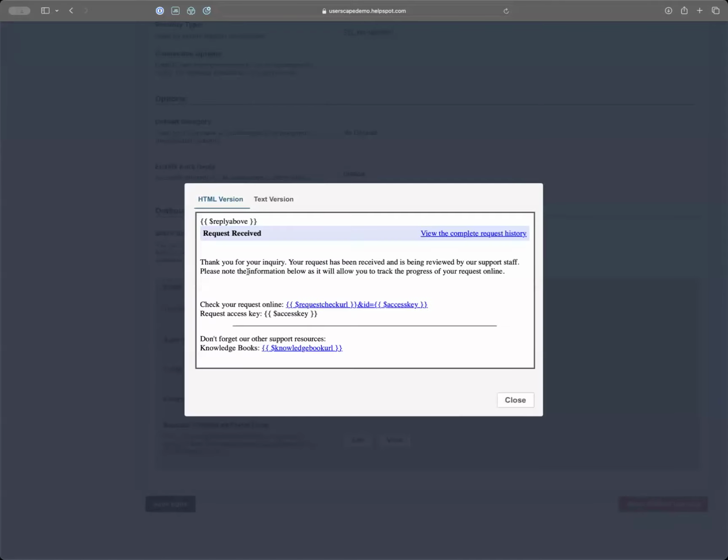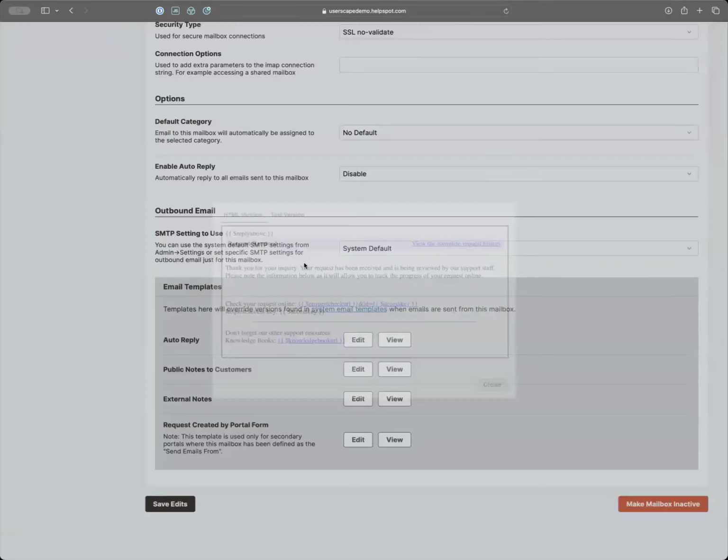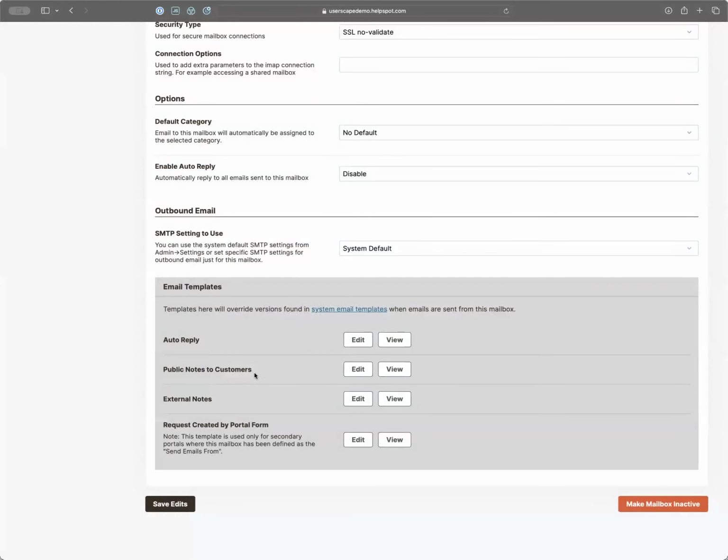I'm going to go ahead and view this so you can see. This kind of template probably looks pretty familiar to everybody. But maybe you want it to say something specific, like, your request has been received. It has been received and is being reviewed by our financial team, or our HR team, or our IT team, or whatever else that you want to say. So you can customize these templates